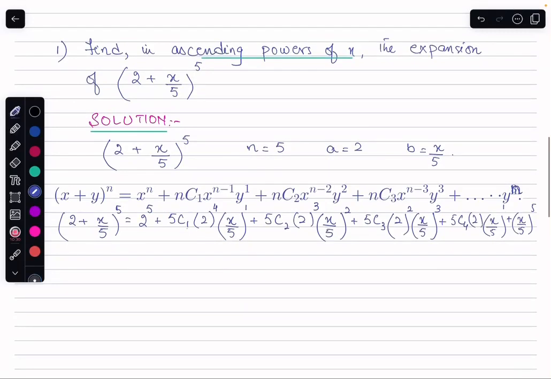Let's just solve to get the answer. 2 to the power 5, that equals a 32. 5c1 is a 5. 2 to the power 4 is a 16 times x by 5. Plus 5c2, that's a 10. 2 cube is an 8. And then I should be having x squared divided by 25. Plus 5c3, which is also a 10. And 2 squared, that will give me a 4. And x cube